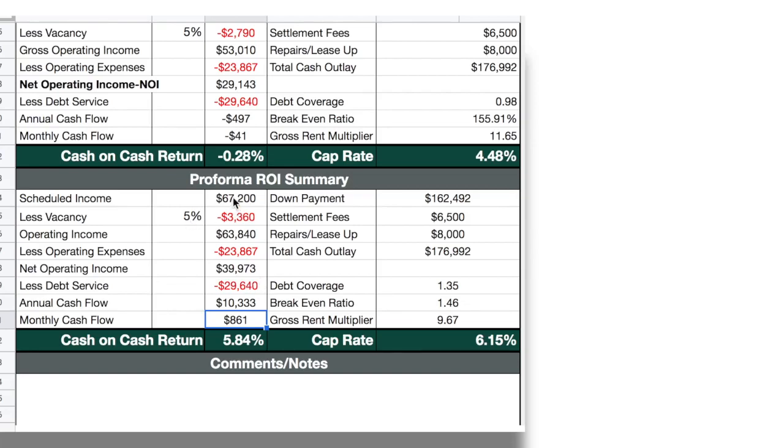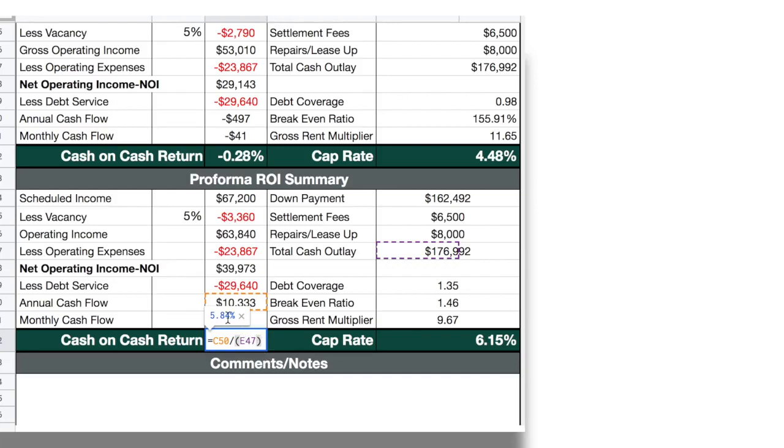So income is higher, vacancy is a little higher, operating income is obviously higher, operating expenses are the same, so your NOI is higher, much higher really, and your debt service is the same. So annual cash flow 10,000, monthly cash flow 86,100. Now your total cash outlay is the same, so annual cash flow divided by total cash outlay is going to be